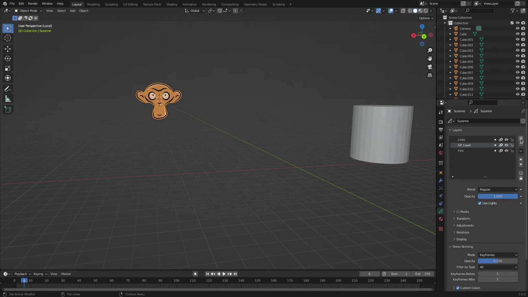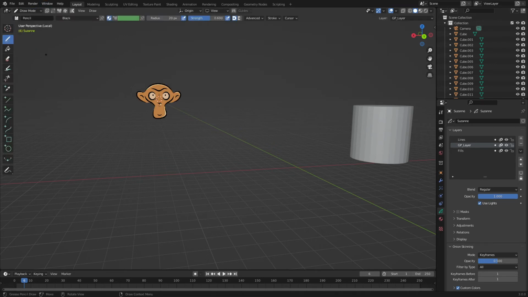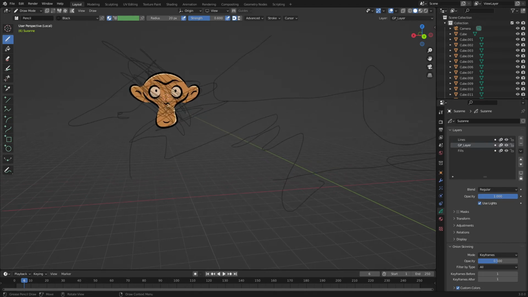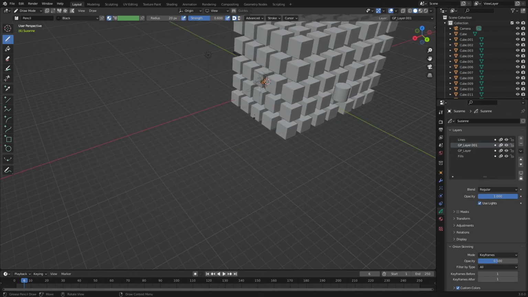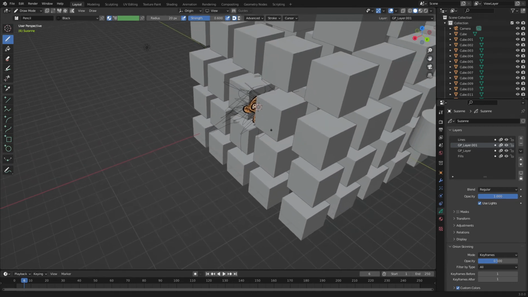And then I can add another grease pencil layer, and I'll just go ahead and go into draw mode and make some line squiggles. Can you see that? They're probably not. I'll just scribble on the monkey's face. Okay, and then I'll add another layer and do some more scribbling. Okay, all right. Now jumping out of local view, and with our monkey kind of embedded here,